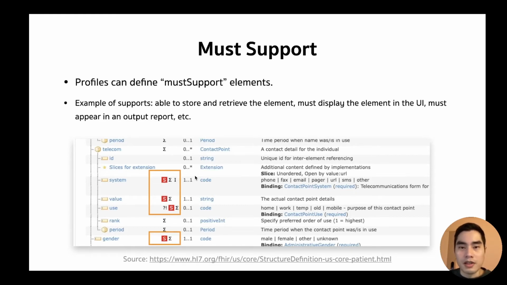It's totally up to you, the one who creates that profile, to define and to agree with the one you are exchanging information with. Examples of support are being able to store and retrieve the element, or this element must be displayed in the UI, or it must be in the output report, etc.